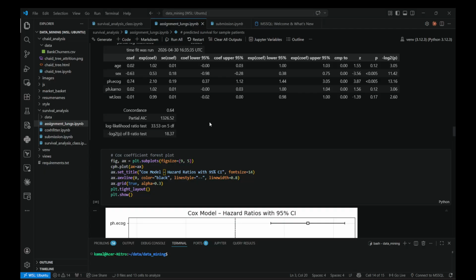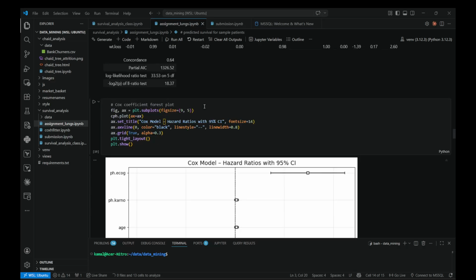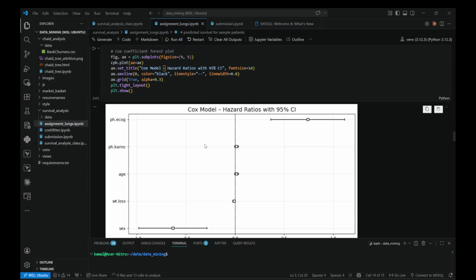And you might also wonder why we did not use parametric models like Weibull or exponential. The reason is that parametric models require us to assume a specific distribution shape for the survival time. For example, the exponential model assumes the hazard is constant over time. If the assumption is wrong, the result will also be wrong. With real patient data we often do not know the true distribution, so Kaplan-Meier and Cox model are more flexible. They do not impose those assumptions, and